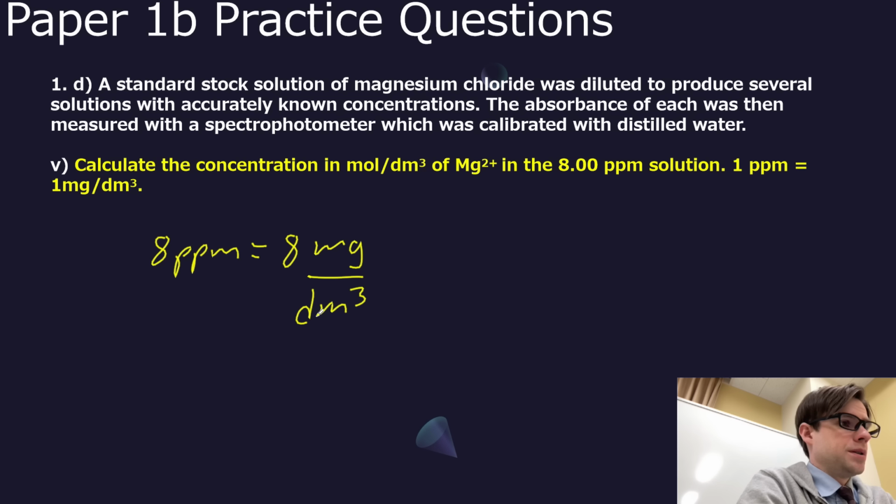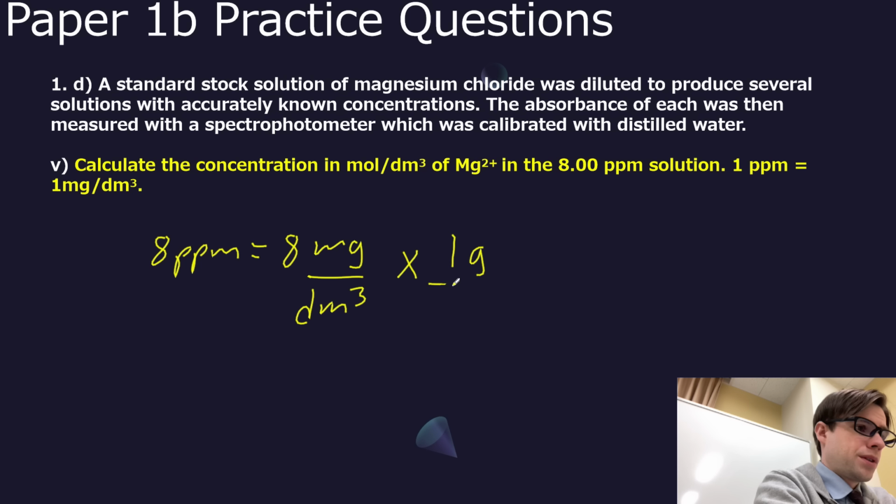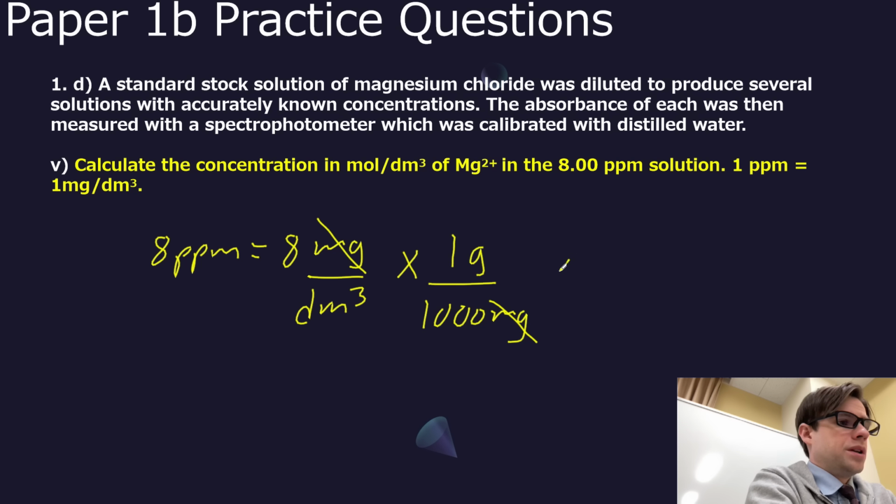We need this to be mole per decimeter cubed. So I'm going to recommend that you change milligrams into grams. To do that, multiply by the conversion factor for grams, 1 gram per 1,000 milligram. So we'll end up dividing 8 by 1,000 to eliminate these units of milligrams. And then we need to change grams into moles. We do have a way to do that with the molar mass. Molar mass of magnesium is